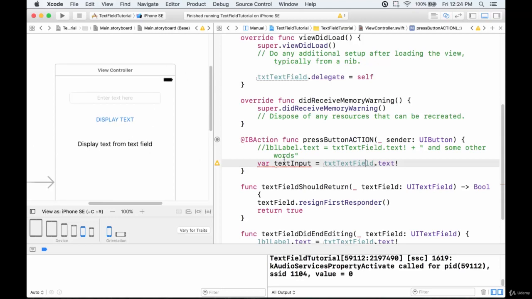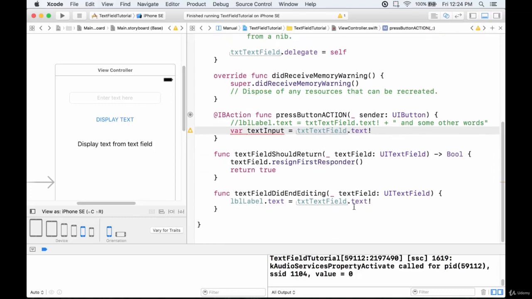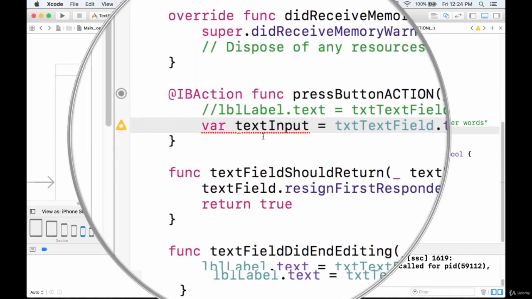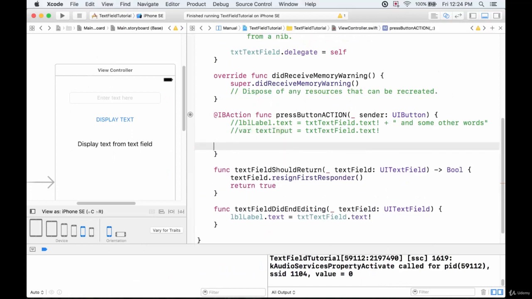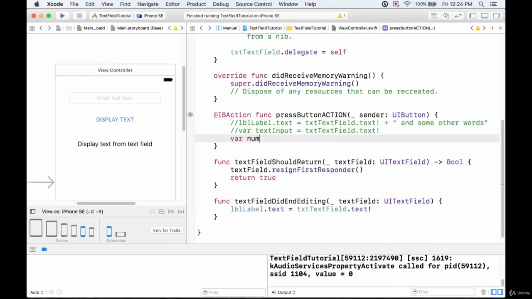Okay, so we're not really going to focus on the view controller for now. I'm just going to minimize that a little bit. We're not going to look at main.storyboard, we're going to look at ViewController.swift. So we have this variable text input, and it's going to be equal to whatever text is inputted in here. Now what we want is for this variable to, in this case, be a number. So we're actually going to modify this a little bit. In fact, I'm just going to create a new variable altogether. I'm going to call this variable number input,